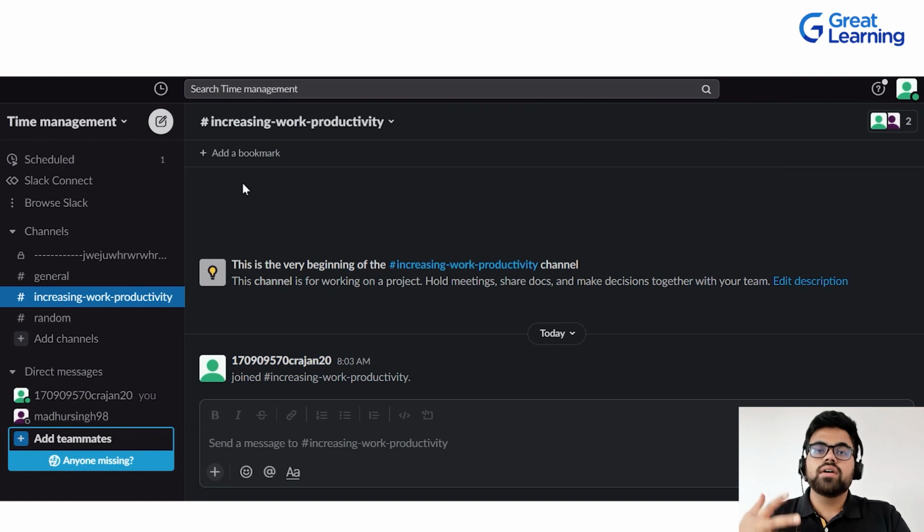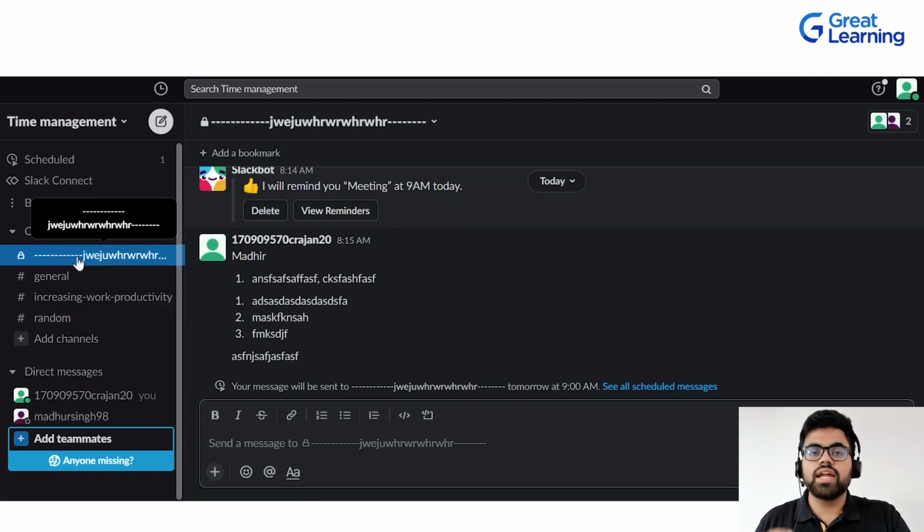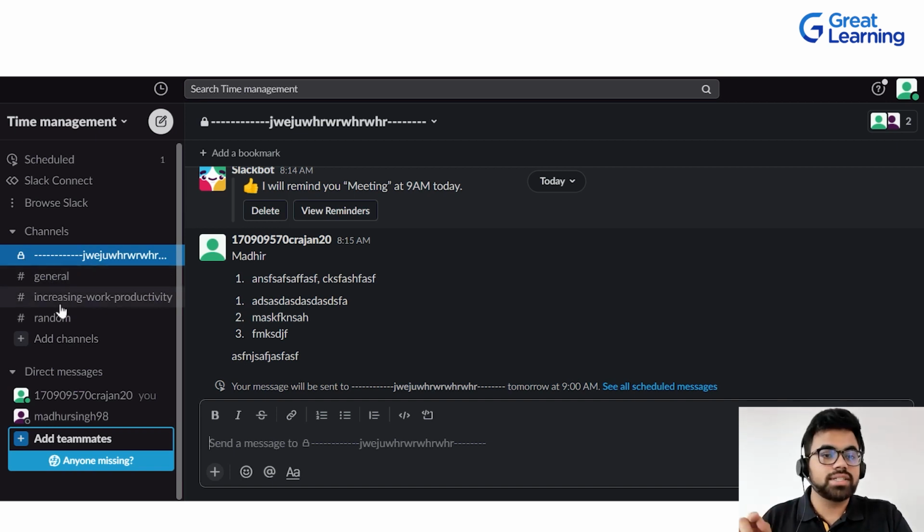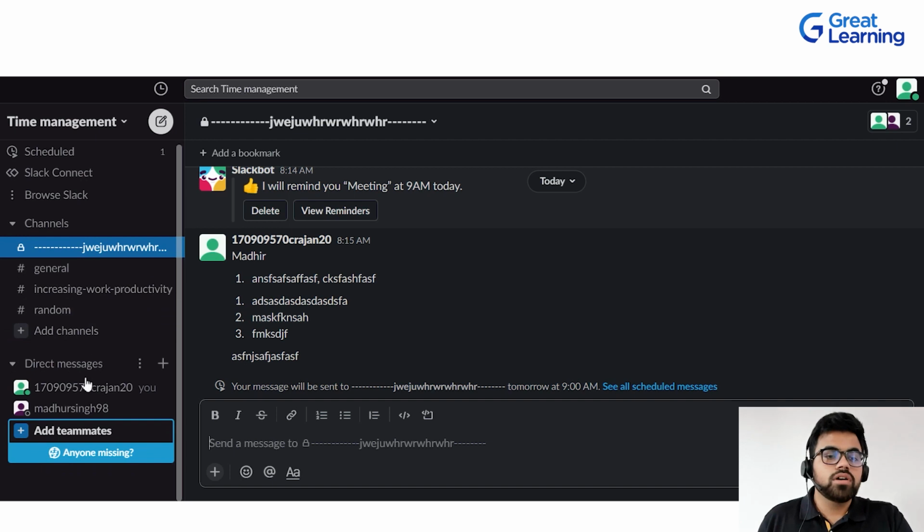And if you want to make that particular channel private to only the individuals that you want, then you can create the channel and make it private already. So all these things can be done. Now the ones that are private to only a few individuals will show a lock sign in front of it, others will show a hashtag sign in front of it. Okay, so this is the thing.